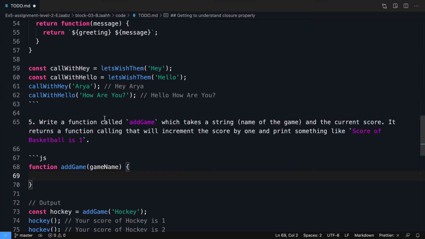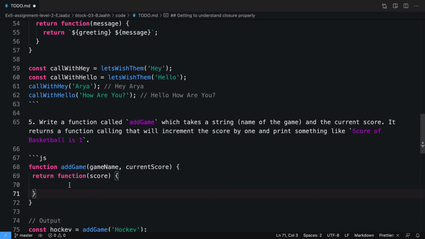Moving on to next, write a function called addGame which takes a string and a current score. So this is a game name and this is current score, and it returns a function. Calling that function will increment the score by 1. So we need to return a function, and if you call this function, it will alert a message saying score of basketball is 1. So we just have to say return backtick score of, it will come from game name,